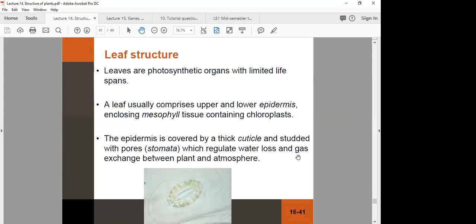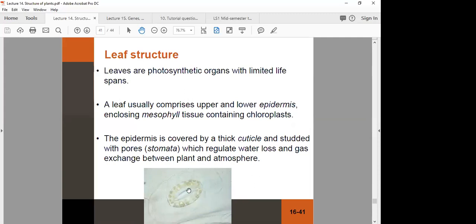And of course, the most important gas which the plant needs to take up is carbon dioxide for photosynthesis. All right, let's look at the structure of a stomata, or I should say stoma, one stoma, plural is stomata. What we're looking at here are epidermal cells of the leaf, and epidermal cells generally lack chloroplasts. They don't normally photosynthesize. But here we see one stoma, which we can still refer to as a stomata, and